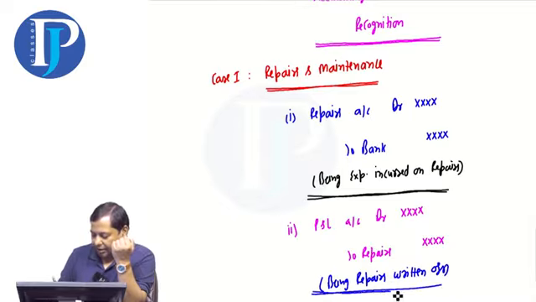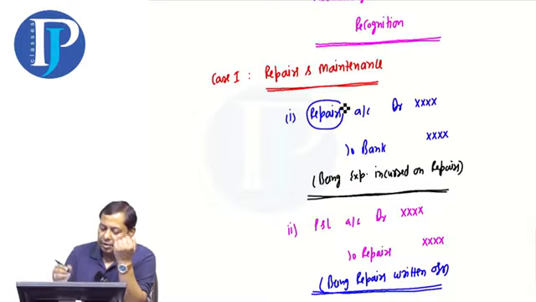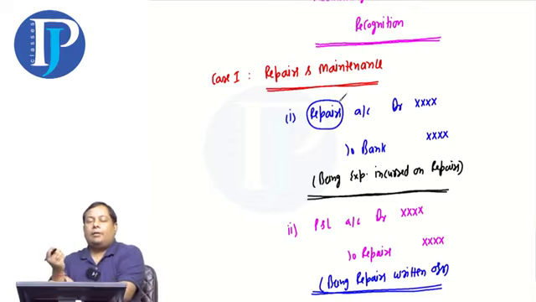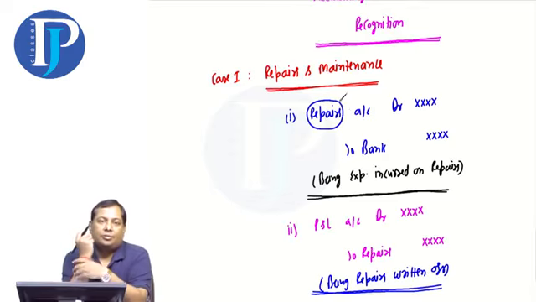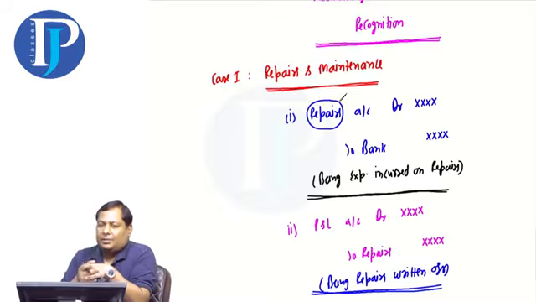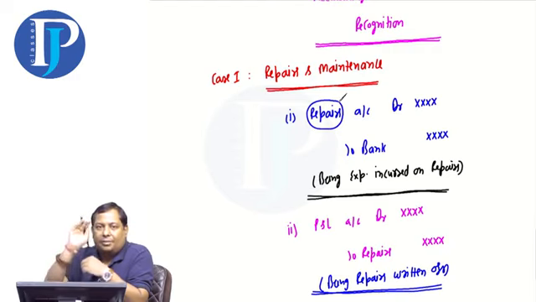So remember one thing, I have used the word repairs here. And what would you do? You will be using the name of that particular expense. If it was lift maintenance, so lift will be maintained. If it is property tax, then it will be property tax. These all fall under this. You have written an example above. Day-to-day servicing, repair and maintenance are all the same. They all go to P&L.